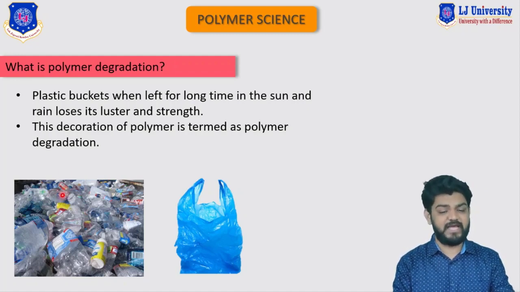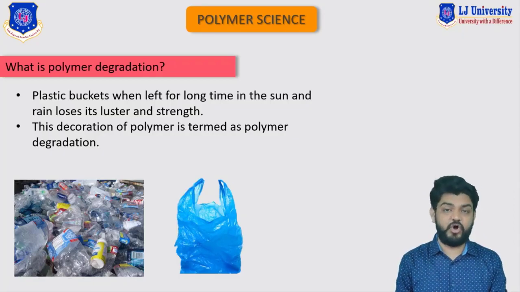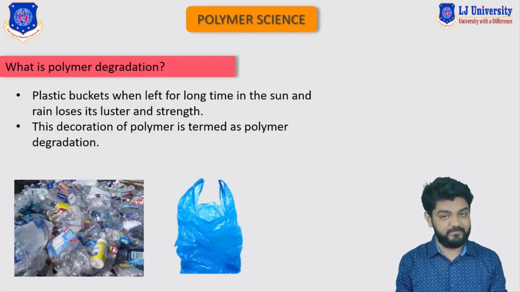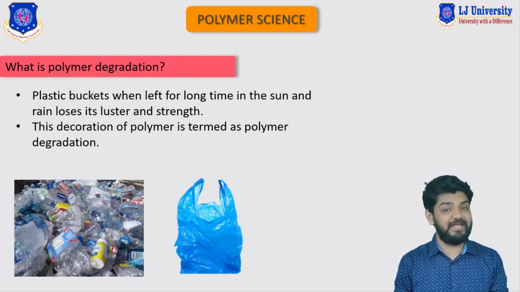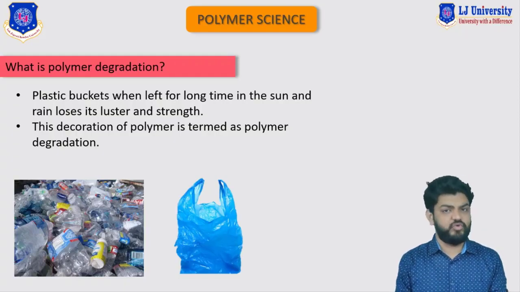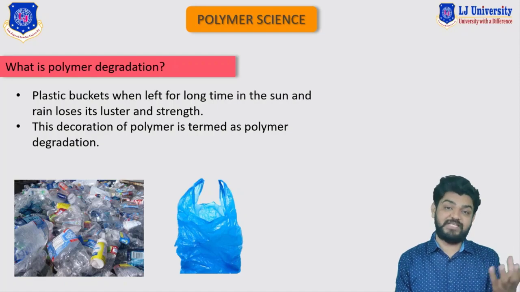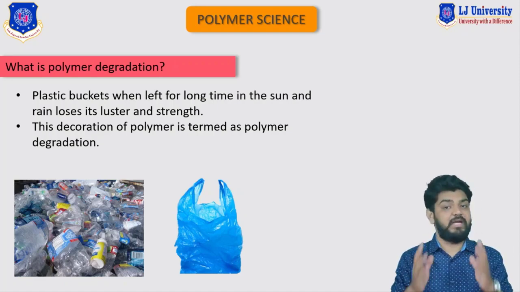On the other side, you can see polyethylene that we use in our day-to-day lives. This polyethylene also gets degraded due to thermal exposure or different mechanical forces. So all in all, we can say that polymers do undergo the degradation process, which reduces their properties. The deterioration of the polymer in terms of physical and chemical aspects can be considered as the degradation of the polymer.